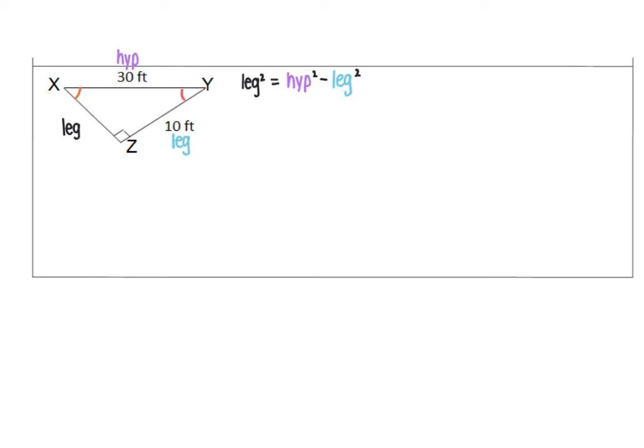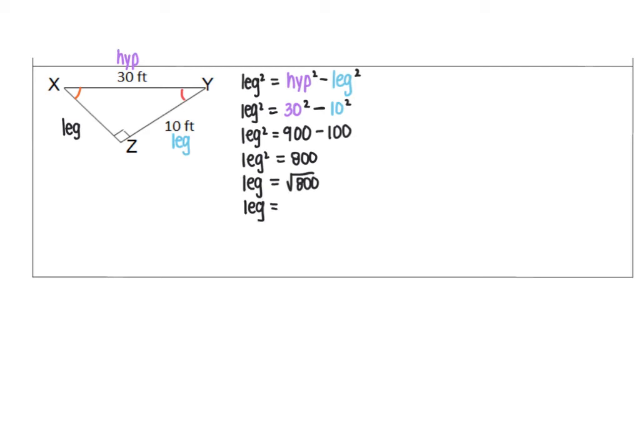We can substitute the values we know into this to be leg squared equals 30 squared minus 10 squared. We can continue with leg squared equals 900 minus 100, or leg squared equals 800. When we take the square root of 800, we will find that the leg is approximately equal to 28.28 feet. We'll label this on our triangle,